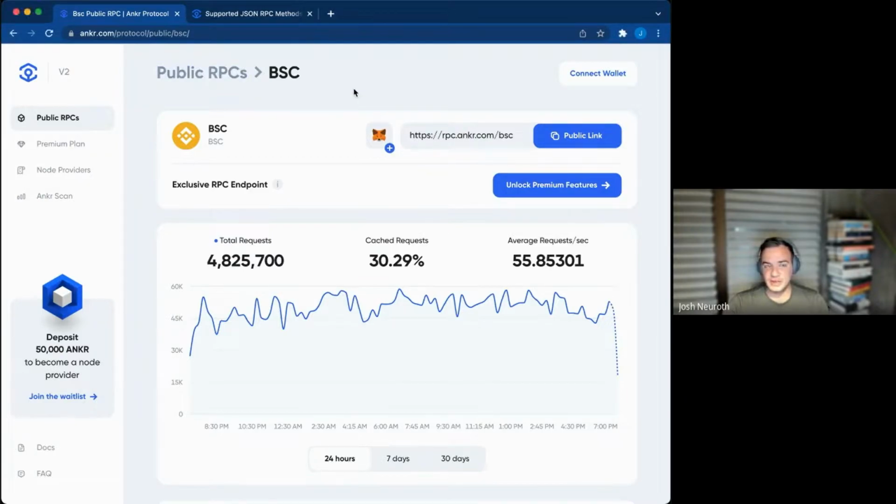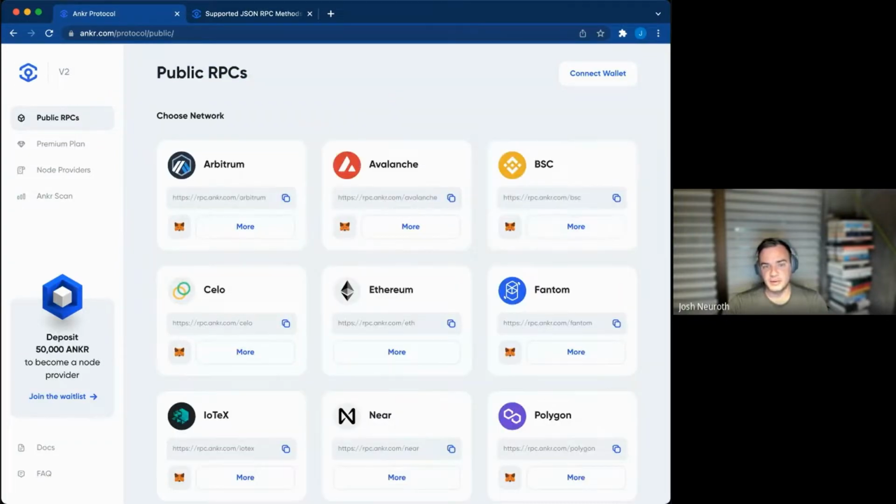So generally, there are a couple of use cases that I think we could talk about for projects that are building. At Ankr, we have a lot of market research and analytics applications. One of our customers is DeFi Pulse.